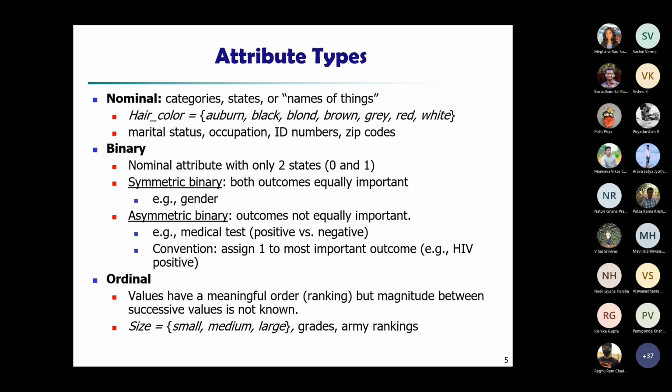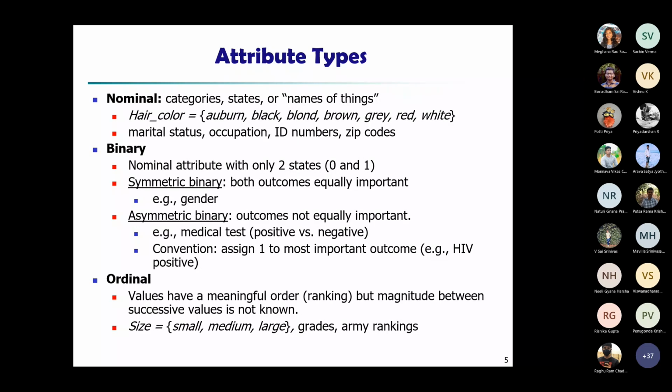Okay, so next is ordinal. What is ordinal? Ordinal means categorical values, but now they have an order, some meaningful order. For example, shirt size. Of course we have L, XL, XS and so many, but say I categorize it as 3: small, medium, large. There is some kind of meaningful order: medium is greater than small, large is greater than medium. But previously, when we said color, we can't say red is greater than white, or white is greater than blue. There is no order.